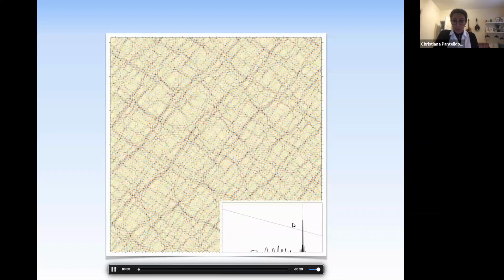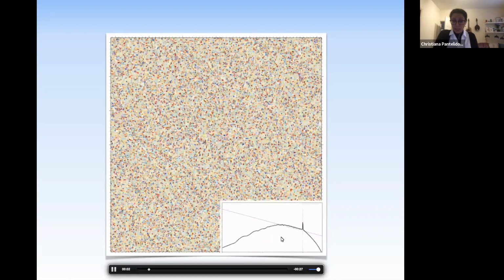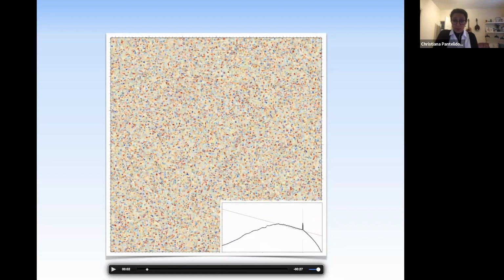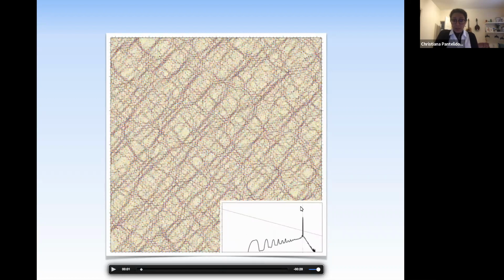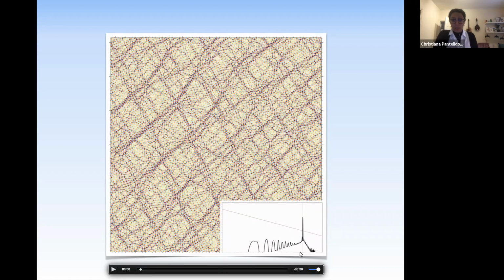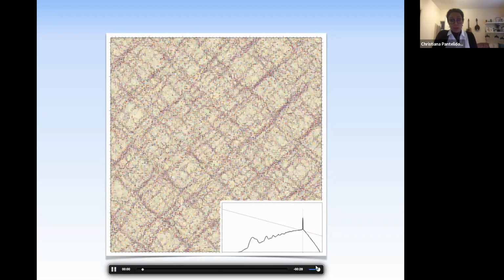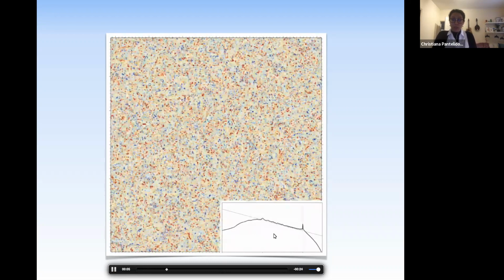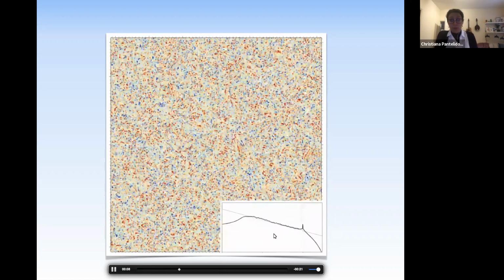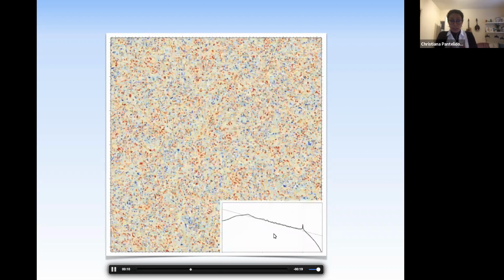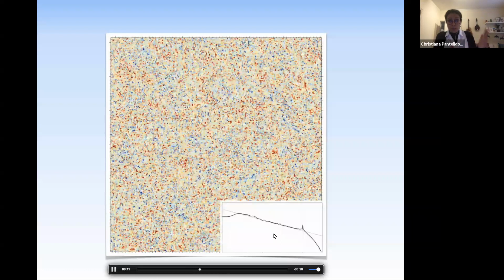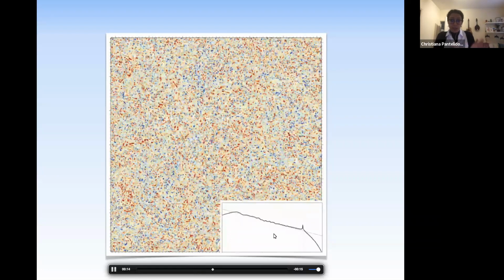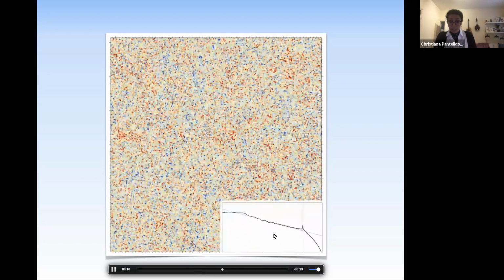Okay, so what we see is that as soon as I let things go, we have a peak appearing at this scale here. This is precisely where we are driving the system. And if we let it go further, we see that there is an accumulation of power and the formation of an inertial range that extends more and more towards the left. This is what one would expect from an inverse cascade.